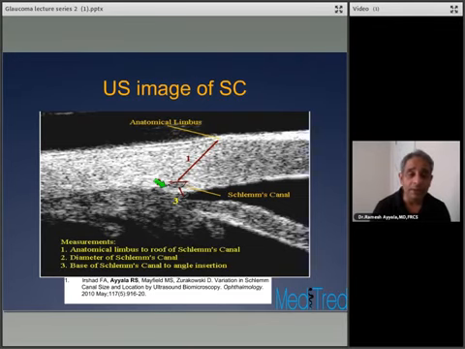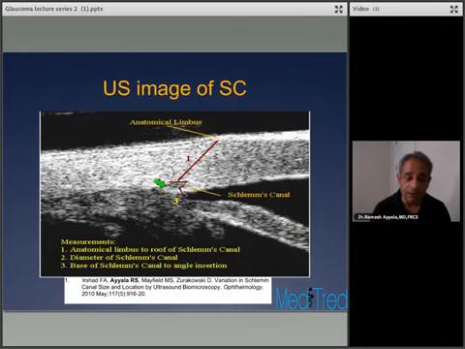And the diameter of the Schlemm's canal measured approximately, I believe, 130 to 150 microns in living human beings. But I just mentioned previously that the published reports suggested the diameter of the canal to be anywhere from 200 to 350 microns. Now remember, the 130 to 150 microns that we measured is in living human beings, and it may be that the canal is not completely dilated or distended to its full capacity while we are alive. And in a normal human being, there's no need for you to have a distended canal if there is a continuous flow of aqueous across it, right? And that may be the reason why the measurement that we have is much smaller than the measurements previously published